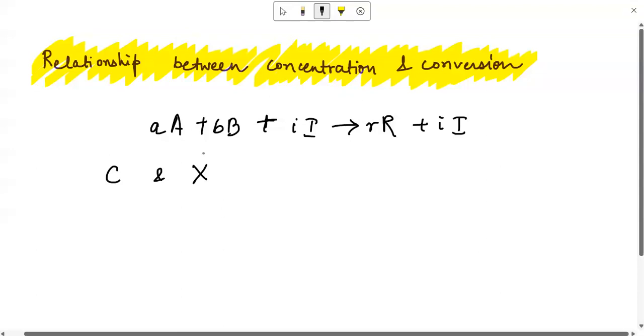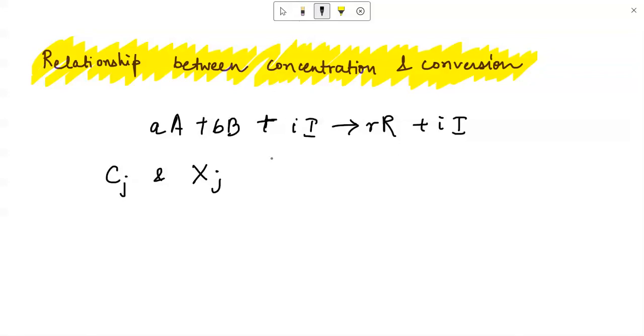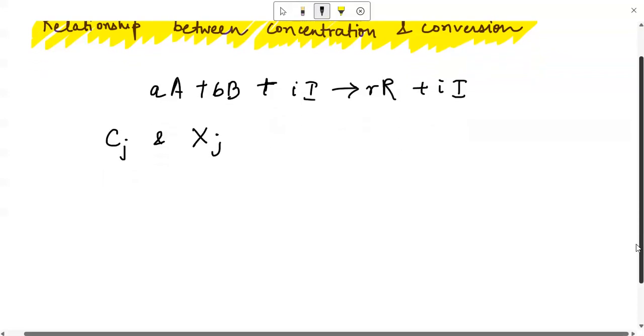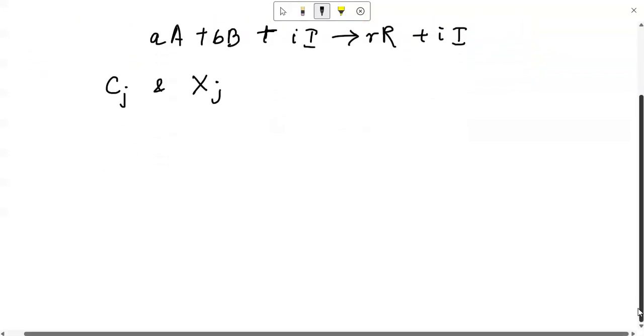Okay, so let me just write Cj or Xj depending on whatever your j is, be it the reactant or the product. This relation between these two quantities, concentration and conversion, depends on a lot of factors, and based on the factors on which they depend, there are three special cases that we find in our reaction engineering literature. So let's talk about the first special case, that is